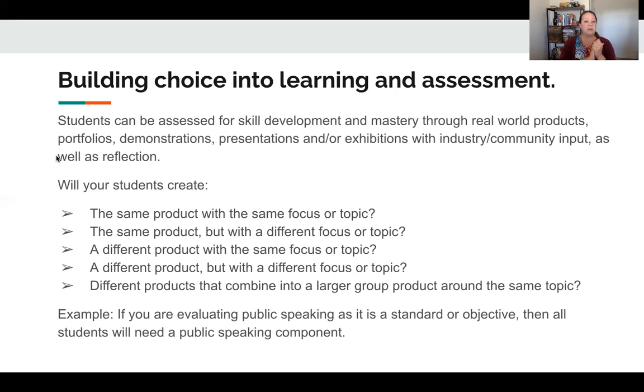But if you have students creating the same product, let's say you're in a multimedia class, they're all going to create a video, but they can pick things they're passionate about as the focus or topic because your standards are multimedia. If you are doing something where maybe it's social science and you have a specific topic, you want to talk about a certain era, you're talking about the 1920s